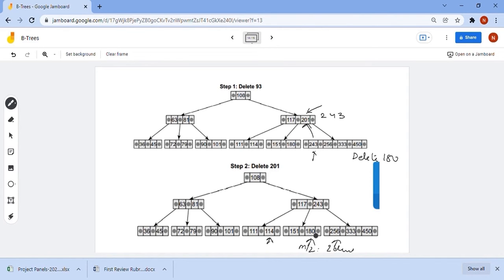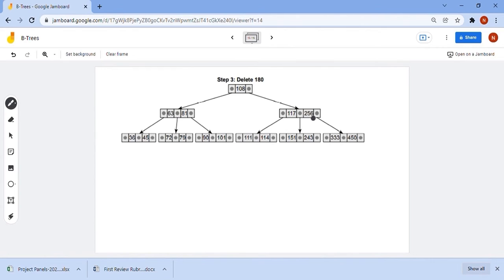Here the right sibling has more elements, hence 256 has to be taken and pushed into the parent node, and the intervening element, this 243, should be pulled down to the leaf node, in the place where this element was deleted. Then the resultant diagram will be like this. So 243 is pulled down and 256 is pushed to the parent node. So this is the resultant tree.